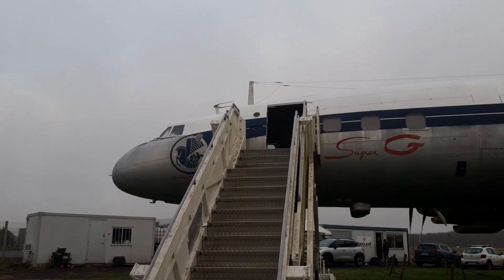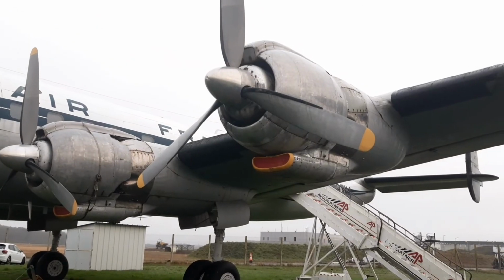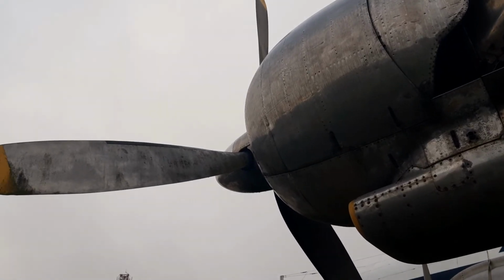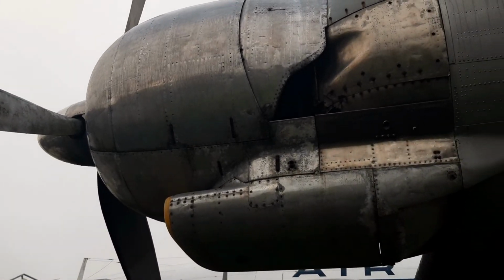I started by visiting the outside of this beautiful aircraft, and I must say it is larger than I expected, considering it was built in 1951. The specific registration of this aircraft was Foxtrot Bravo Golf November Juliet, and as I said at the start of the video, it is the only Air France Lockheed L1049G Super Constellation left, out of the 24 that they had in their fleet. I then had a beautiful look at one of the 4 Wright R3350 engines, which are each equivalent to